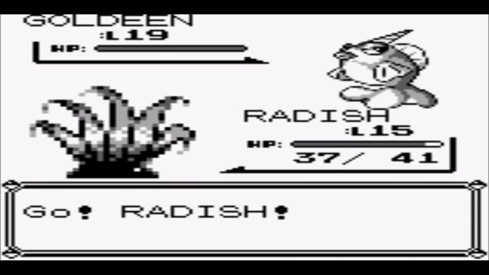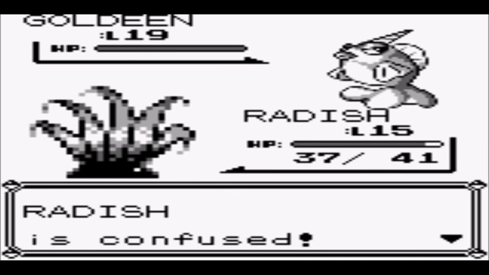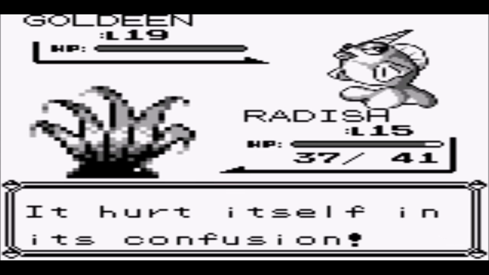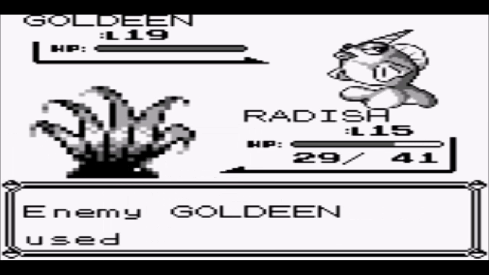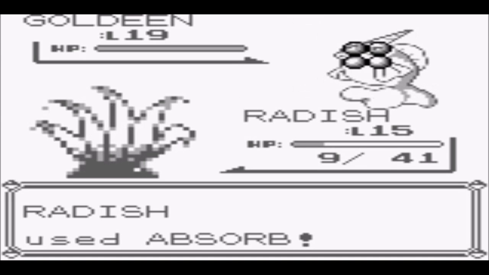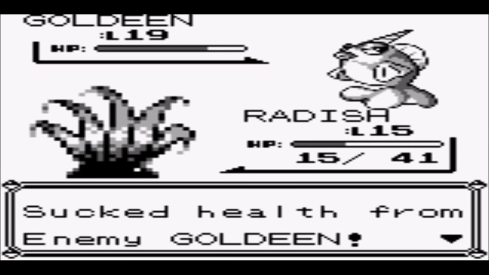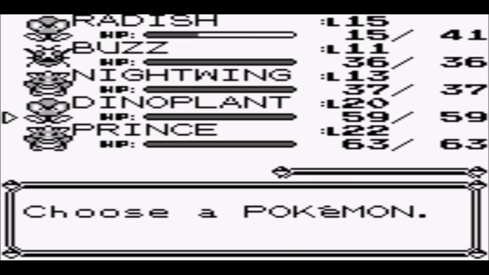I know Goldeen does know Peck, so hopefully it won't be using Peck too much in this battle because that will be super effective against Radish, who has hurt himself from confusion. And there's Peck, which does quite a lot of damage. That's not ideal. Okay, so we got the Absorb off, and it doesn't do too much. I think I'm going to change to Dino Plant here,